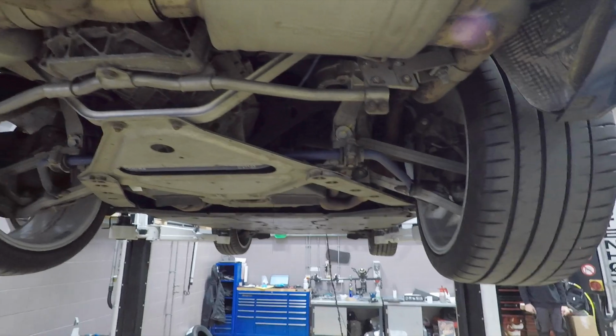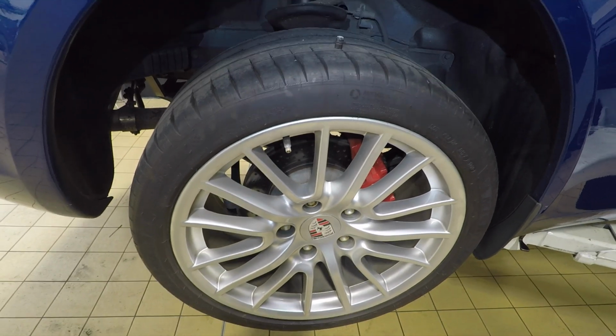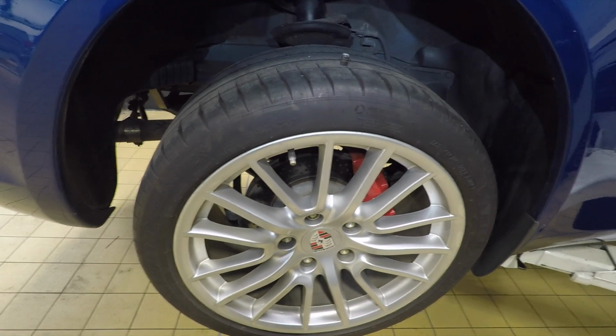So I'll be giving you a couple of videos regarding the rest of the work that we do on the vehicle today. Okay, so we've now replaced the engine oil filter, sump plug and washer, just lowering the car down, doing the tyre pressures on the way down before we start refilling with fresh oil,